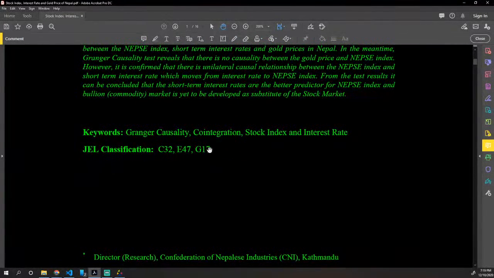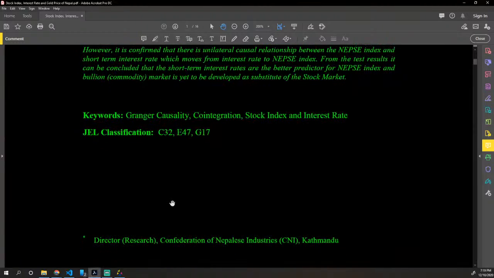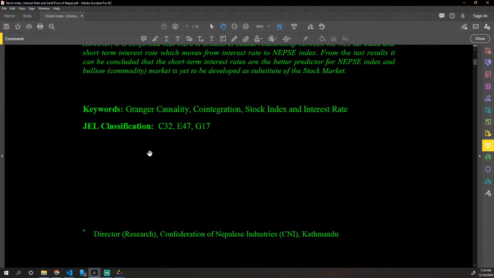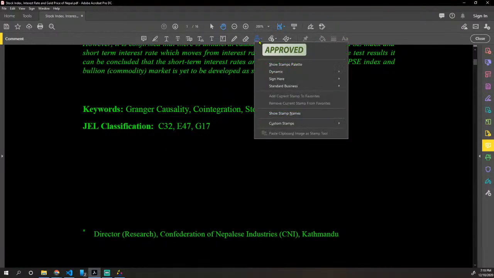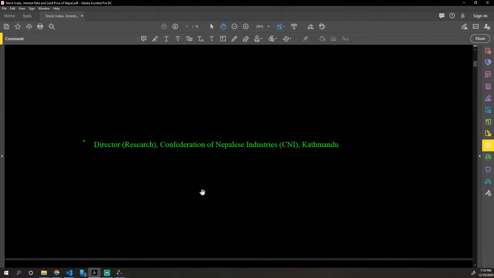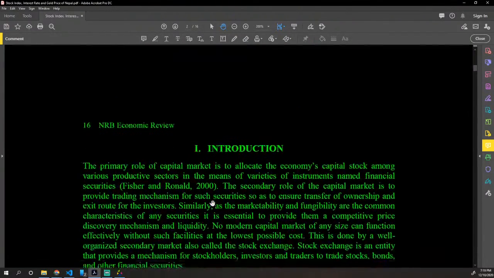Granger causality, co-integration. What does that say? Stock index, interest rate, right? So these are the keywords. JEL classifications are this. And then after that, Confederation of Nepalese Industries, Kathmandu, Nepal Rastra Bank,